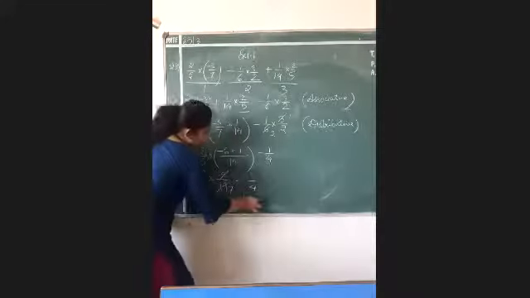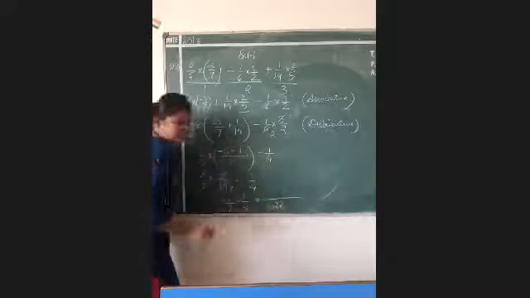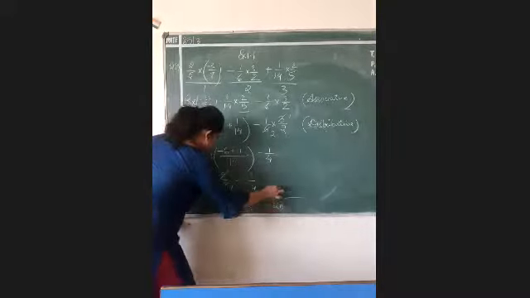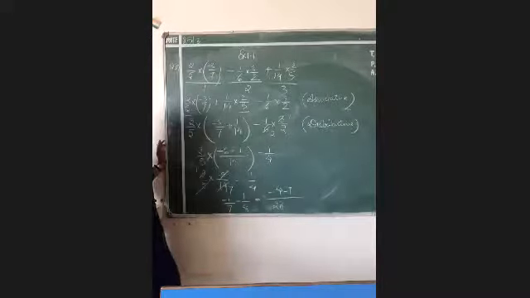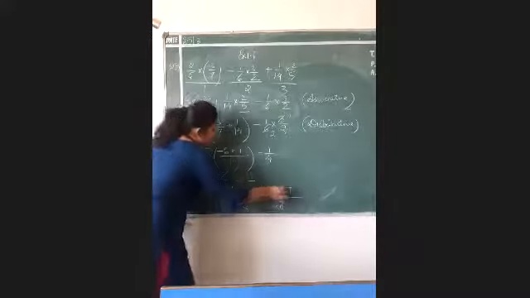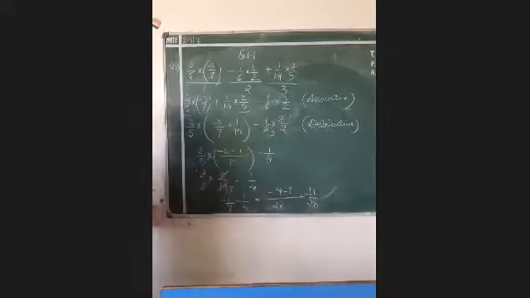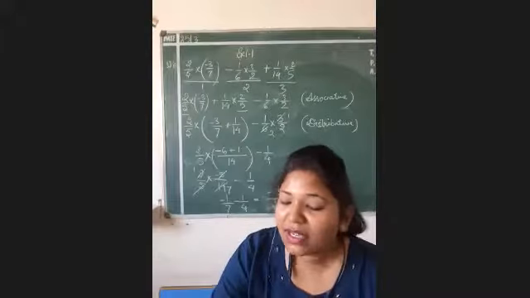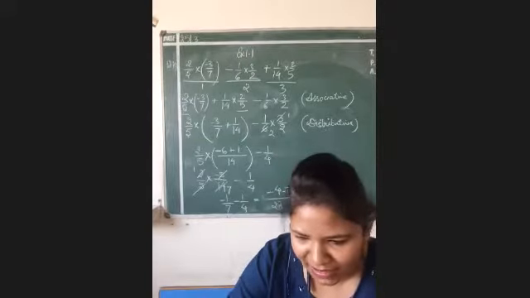Now when you solve this one, the LCM of 7 and 4 will give you 28, and just take the LCM over here, which will give you -4 and -7. Using the process of dividing the bottom and multiplying the top, when you do it, you will get -4 -7, which will give you the answer -11/28. Finished. Remember beta, the first exercise is completed now. Okay, the first exercise is completed.